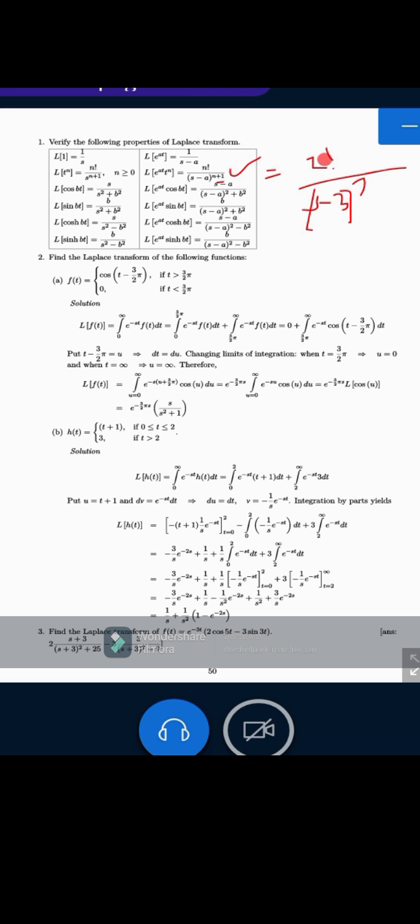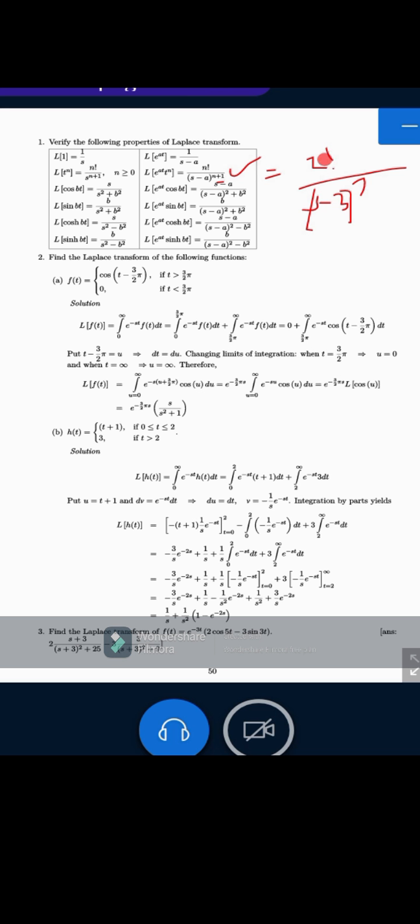The answer will be what you are seeing here, 2 over (s minus 3) to the power 3. So now it is clear to you where you are obtaining the Laplace transform of, which is another part, but it is from the previous part. So now, having applied the Laplace transform on both sides, the next thing that you do is you apply the